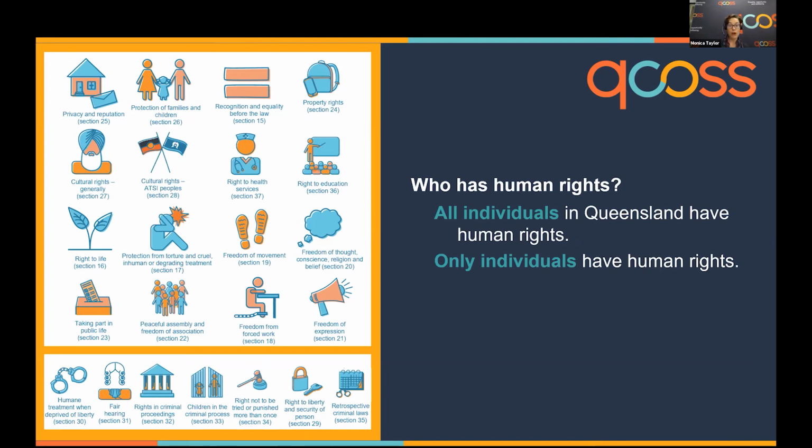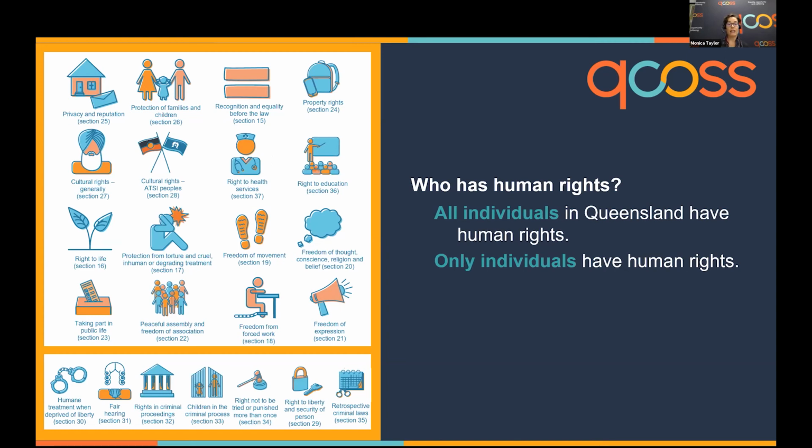People's property rights have explicit protection. People's freedom of movement, that might come up in the context of a decision to allocate somebody different housing in a different state or territory, in a different suburb. People's privacy and reputation is a very broad right that really goes to people's ability to have privacy in their home setting. The protection of families and children is crucial to having